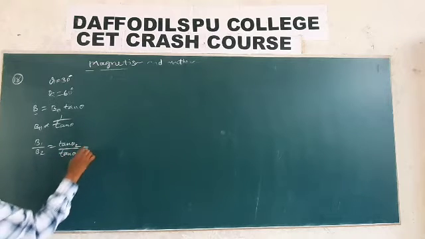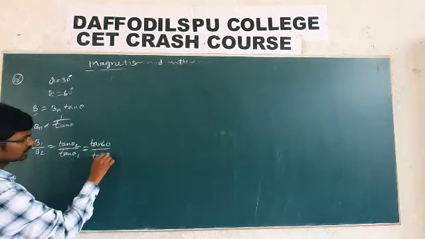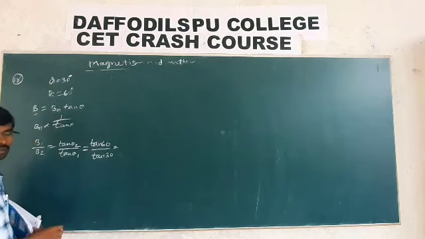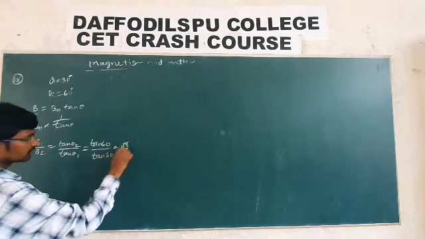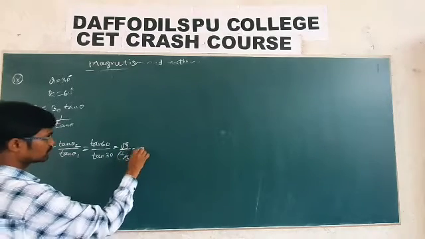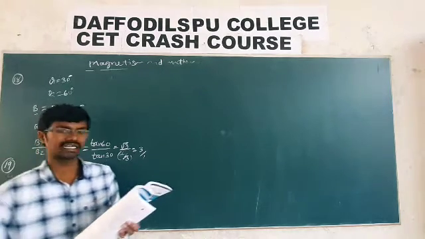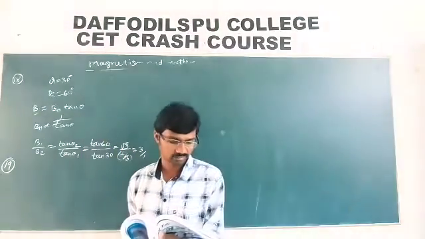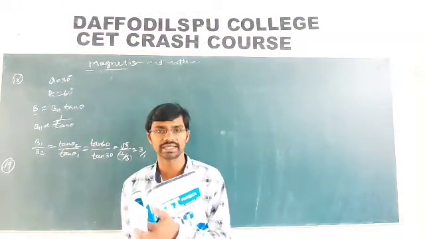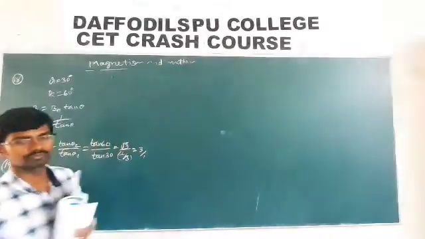So 2m is equal to 0.3 into 20 cube, which means 8 into 10 power 3, divided by 2, that is 4 times, then 1.2 into 10 power 3. But the units here are EMU. EMU represents electromagnetic unit. One electromagnetic unit is equal to 10 coulomb. But we also have one more unit, the electrostatic unit, 1 by 3 into 10 power 9 coulomb. So we have used the CGS system when we have taken the EMU unit.